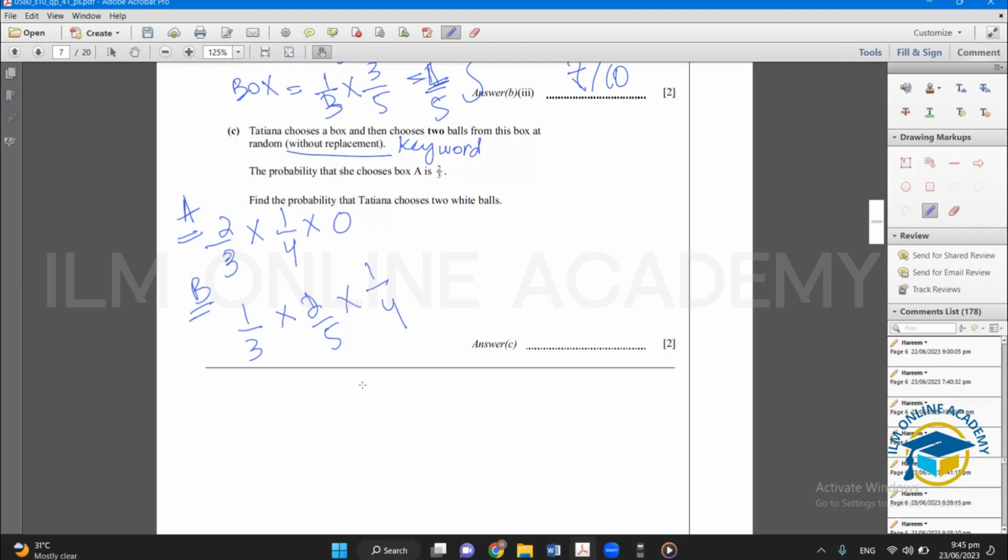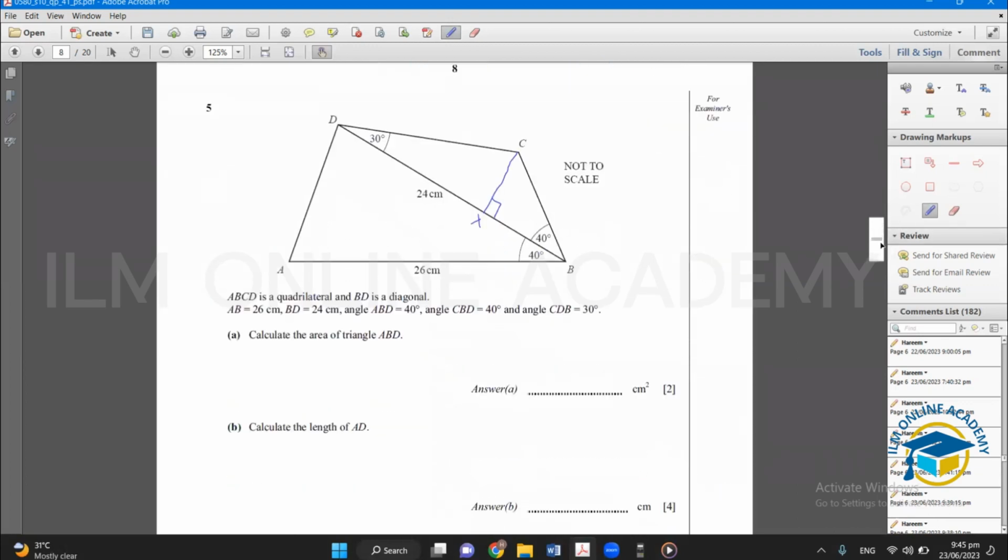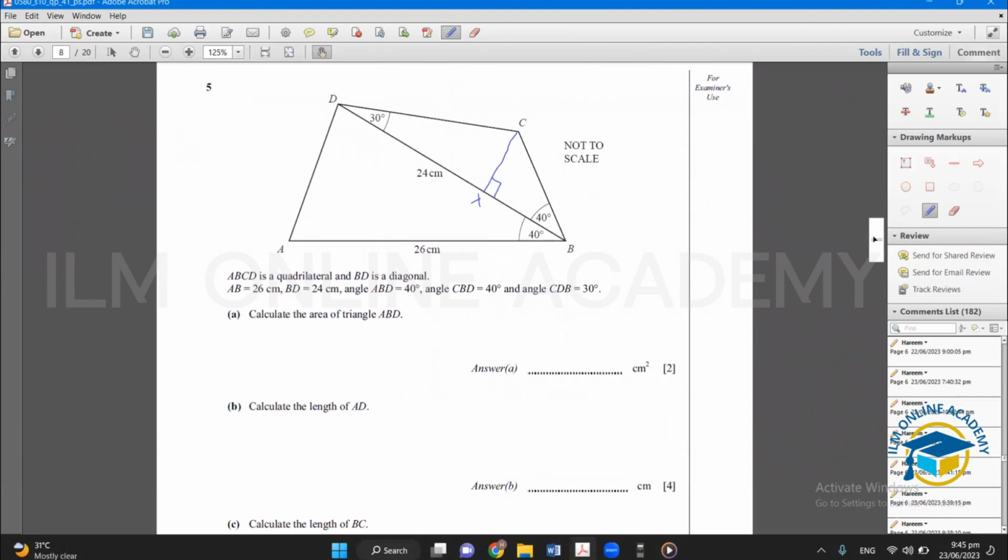So now what we have to do is, its total probability is, I guess, 2 ones are 2, and 2 twos are 4, and 3 fives are 15. 15 twos are 30. So it's 1/30. And the total probability is their addition. But the other one is 0, so the total answer is 1/30. So we are done with question number 4. Now we are going to solve question number 5. And question number 5 is saying that,